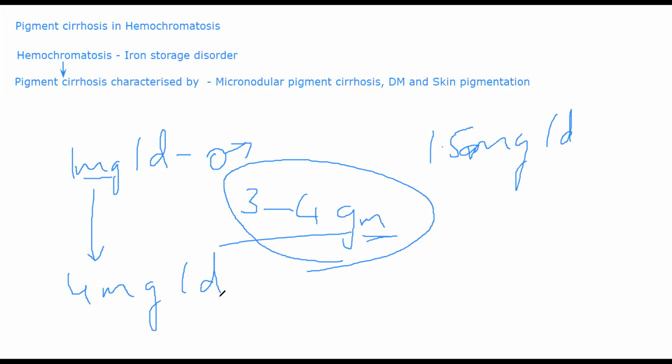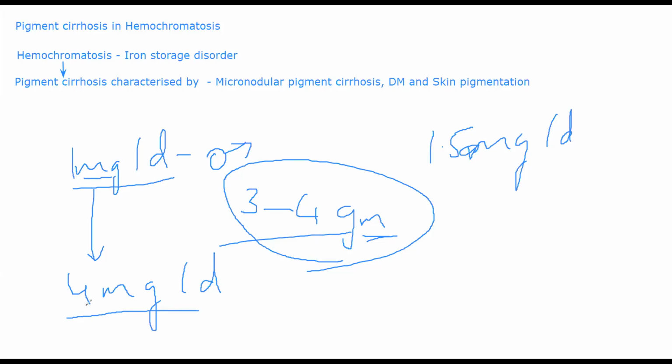The problem in hemochromatosis is that it's a storage disorder where your body will start absorbing and storing more iron. Specifically, instead of reabsorbing 1 mg back, it will absorb 4 mg back, 4 times more. Okay, this excessive iron is apparent through your elevated serum levels. Okay, this is a genetic disorder. It is an autosomal recessive disorder generally, but it can occur due to acquired causes as well.